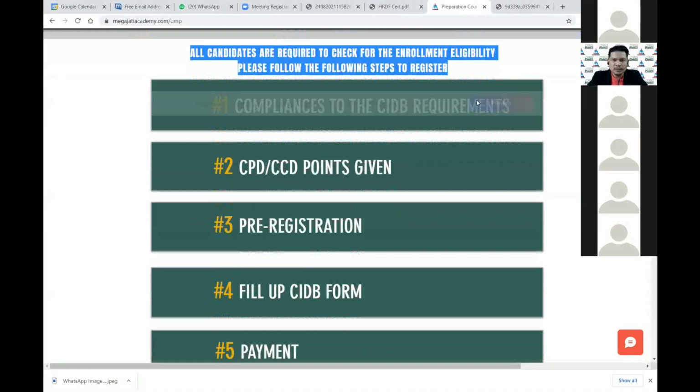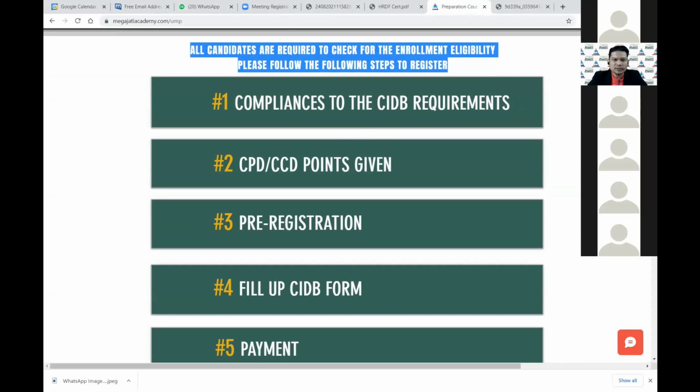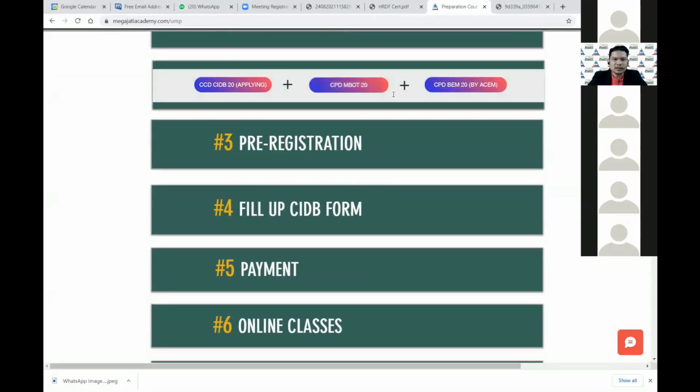Okay, so the third point, the second tab here is about CPD. You'll be given CPD, CIDB. We are applying for that, but we don't have a problem with CIDB, CPD basically. But we need to wait until the program is near. MBOT, we have received that through MBOT. We have been awarded by CIDB MBOT. You can check on the MBOT's website. I don't have to tell you. You check on the MBOT's website. It's a more reliable source.